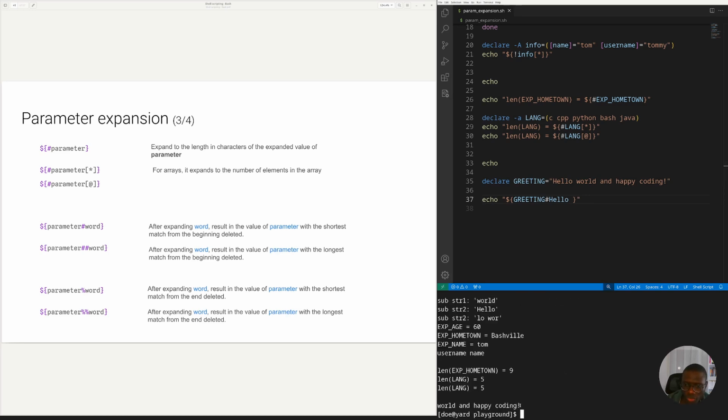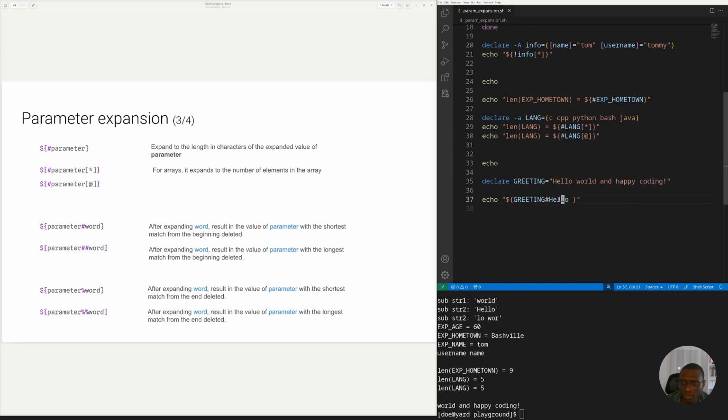And this returns world and happy coding because it returns everything from the string after deleting the match, or the pattern that we have specified. So the pattern specified here is hello white space, so it will match the beginning of the string and remove it and return everything that is left over, which is world and happy coding with an exclamation mark